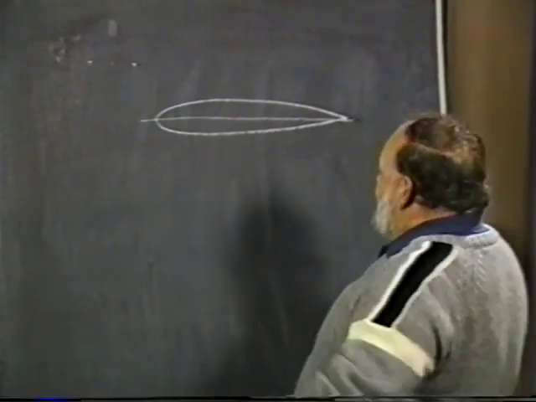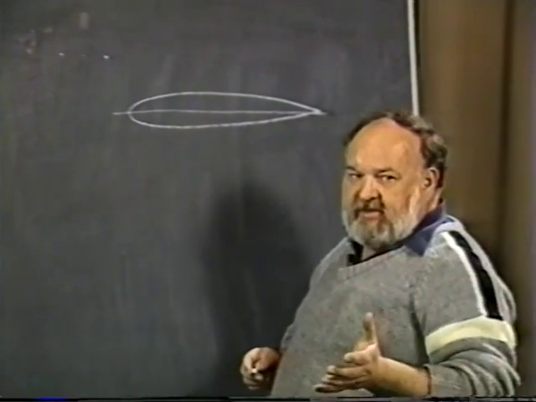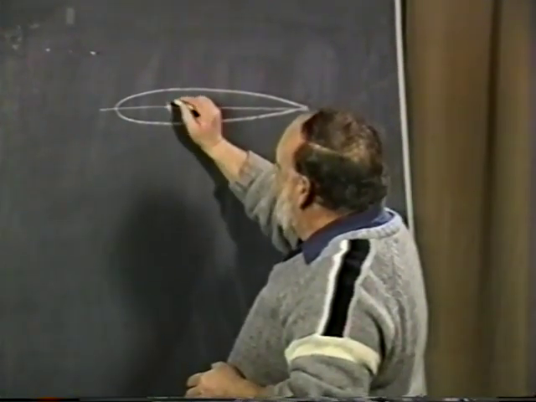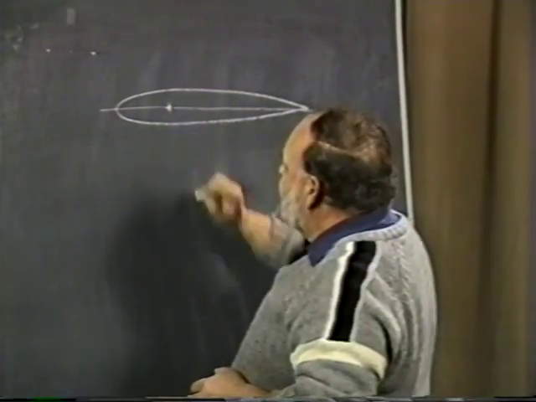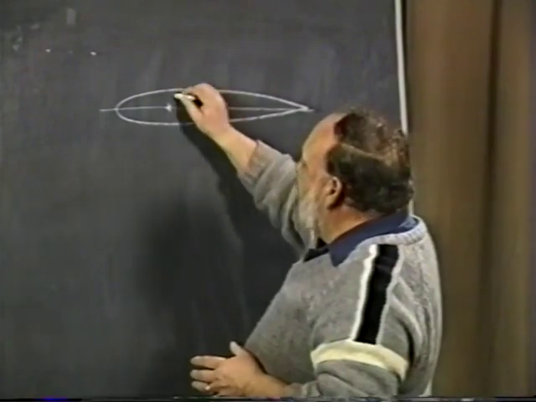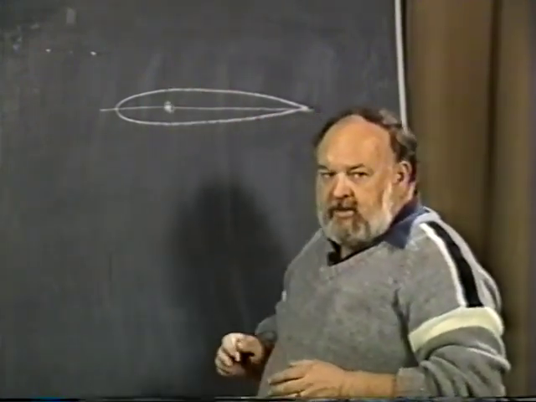Now, if it's a symmetrical section, whether it's a 4-digit, 5-digit, or 6 series airfoil, it really won't make any difference. Your neutral and aerodynamic point will be right at quarter chord, and there are no pitching moments now. So, when you build a tail and you put your pivoting point right on a quarter chord, here is the